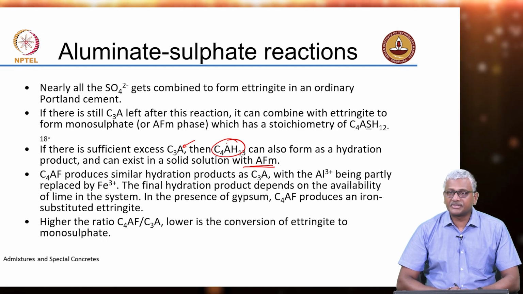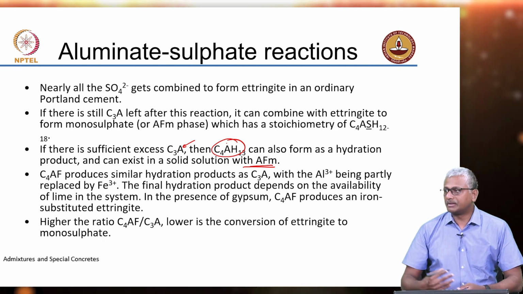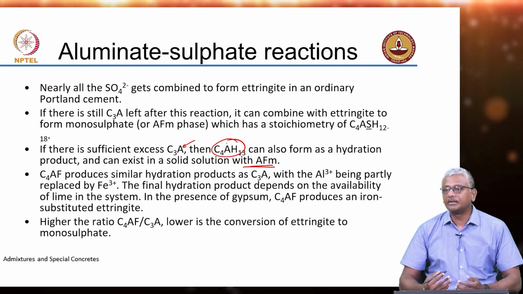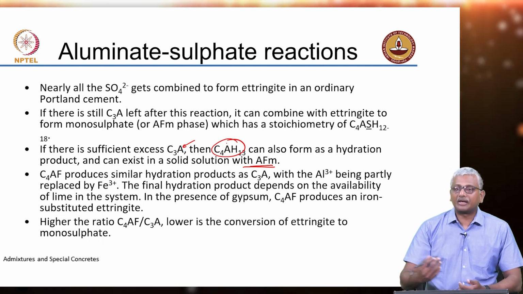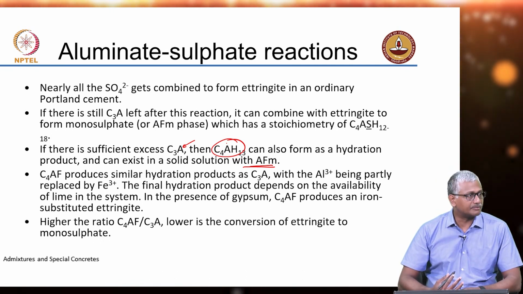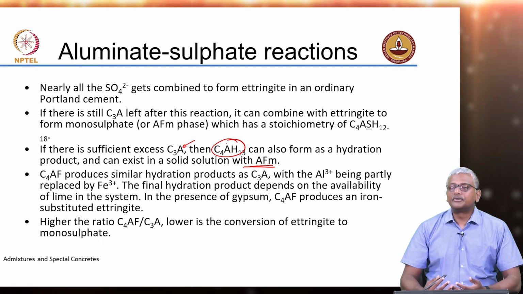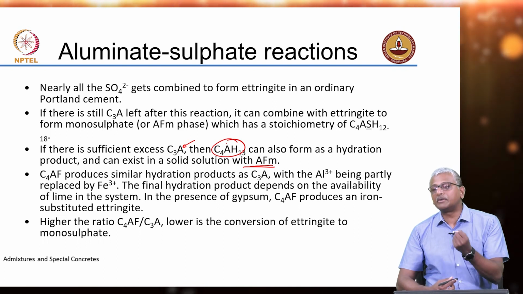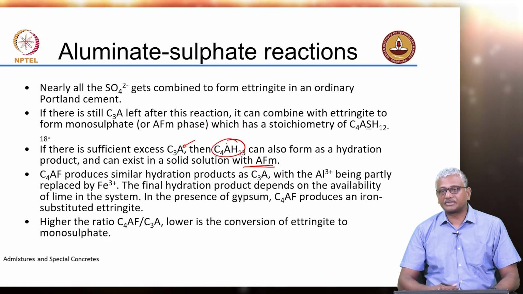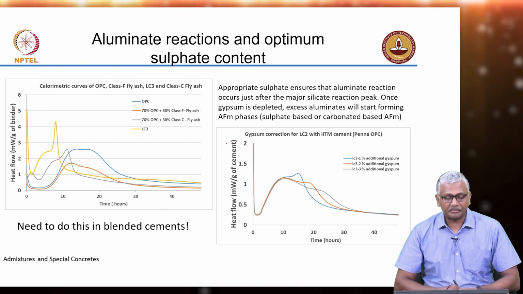Now, what happens here is that if you have a mineral additive, right, it is bringing in an additional source of alumina, right, fly ash or slag or calcined clay, it is bringing in alumina, and in the case of alumina from calcined clay or slag, there is a higher reactivity in the system, right. Alumina from slag or calcined clay is of a more reactive type. So, there will definitely be a requirement of this alumina to be compensated by an excess bit of sulphate. So, that is why we want to do what is called as sulphate optimization in the case of mineral admixtures,